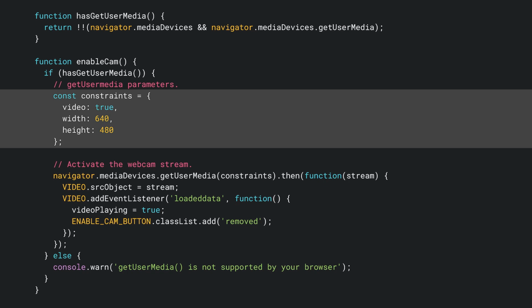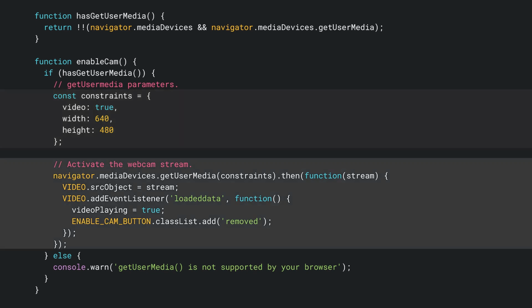Well, there's not much point getting a video larger than this, as you'll need to be resizing this to 224 by 224 anyhow to be fed into the MobileNet model, so you may as well save some computing resources by requesting a smaller resolution. Most cameras support a resolution of this size. You can then call navigator.mediaDevices.getUserMedia with the constraints above, and then wait for the stream to be returned, at which point you can get your video element to play the stream and add an event listener for the stream load.